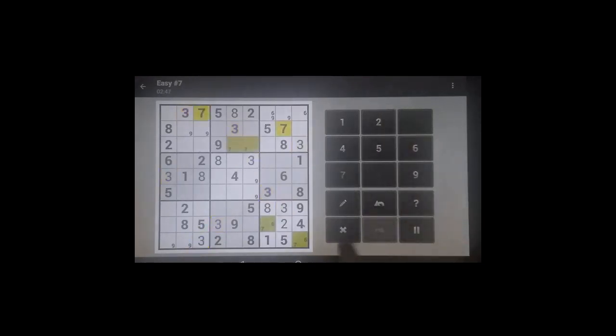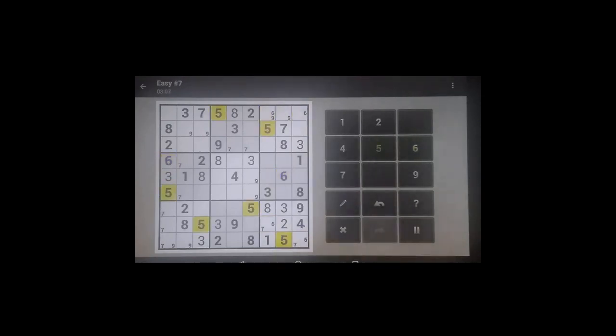All right, so where was I? I was on the 7s. Oh look, now I've got a little bit more information. So that 7 blocks out there. So this 7 has to be in the middle column, and this one has to be over here in any of those. To the 6s,